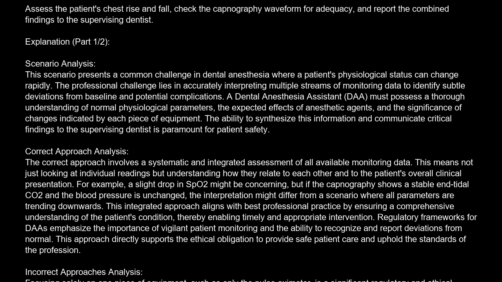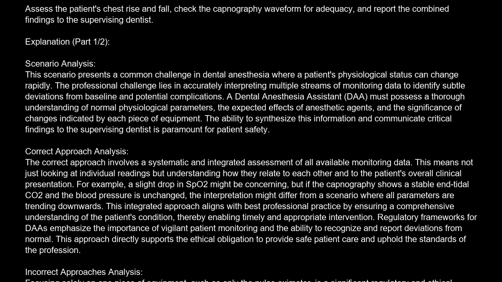Correct approach analysis. The correct approach involves a systematic and integrated assessment of all available monitoring data. This means not just looking at individual readings, but understanding how they relate to each other and to the patient's overall clinical presentation. For example, a slight drop in SpO2 might be concerning, but if the capnography shows a stable end-tidal CO2 and the blood pressure is unchanged, the interpretation might differ from a scenario where all parameters are trending downwards. This integrated approach aligns with best professional practice by ensuring a comprehensive understanding of the patient's condition, thereby enabling